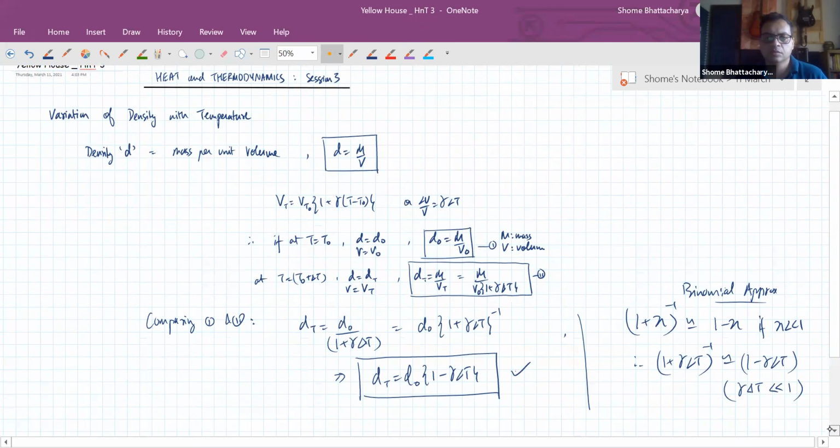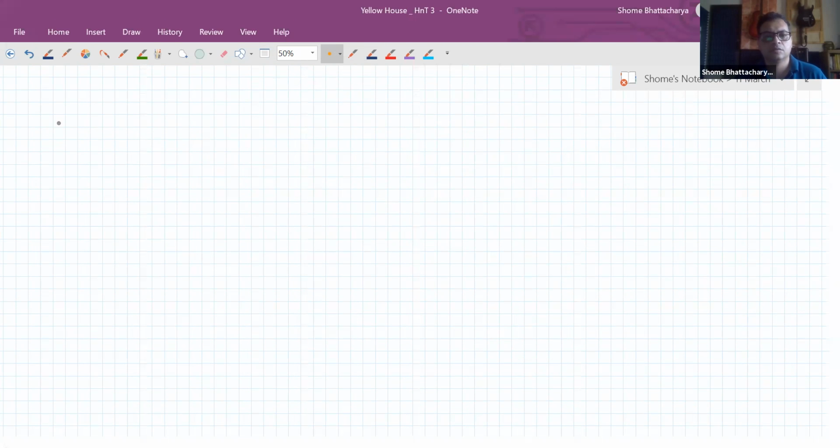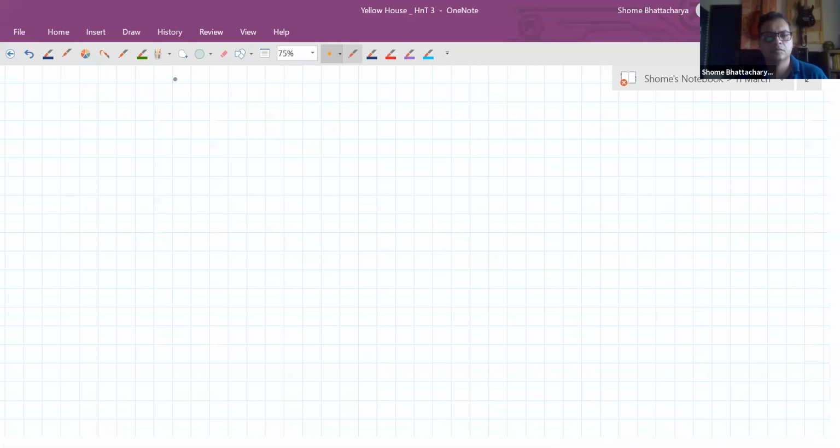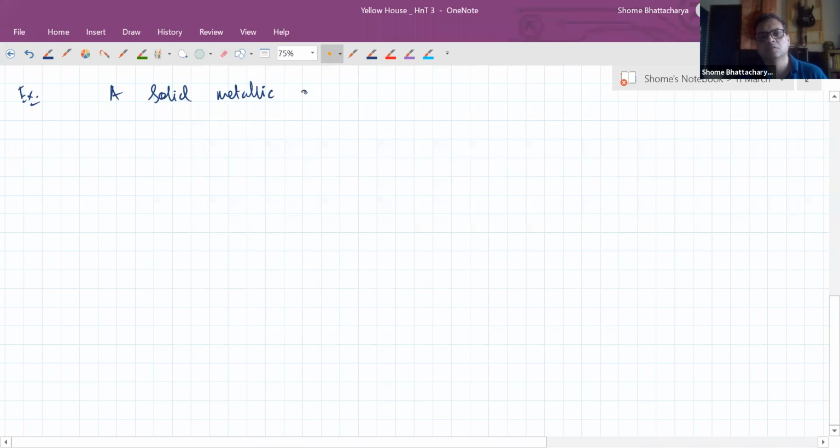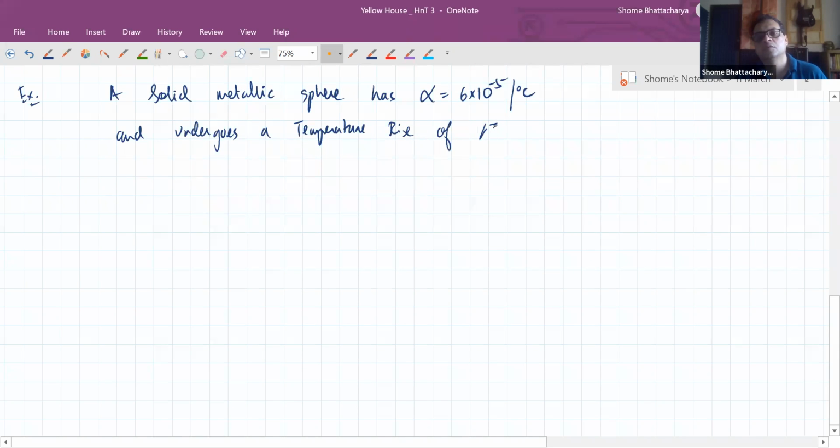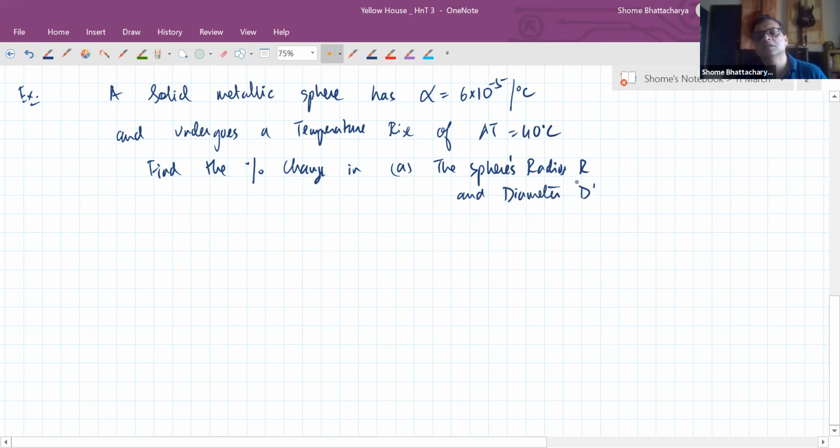Okay, so hope this derivation is clear. So let's understand a quick example. A solid metallic sphere has coefficient of linear expansion equal to 6 into 10 raised to the power minus 5 per degree C, and undergoes a temperature rise of delta T equal to 40 degrees C. Find the percentage change in the sphere's radius r and diameter d. Then second,